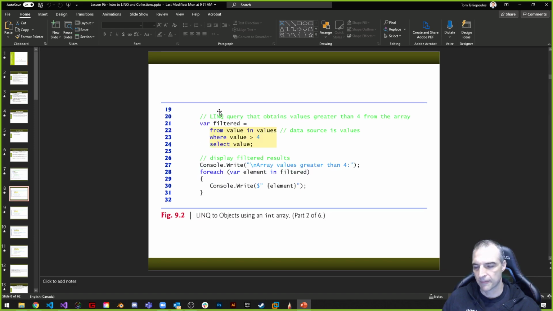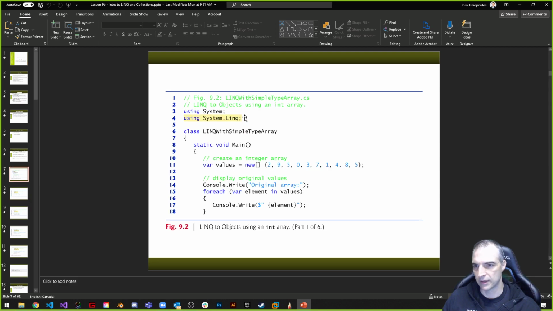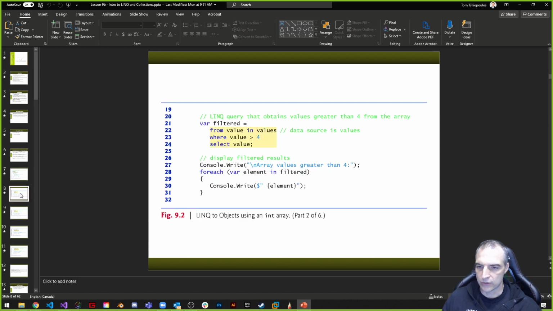We can use LINQ, and by the way, when we go up here, we need to include using System.Linq. But we can use LINQ to do something that looks like this, where we want to filter a list, or an array. We can use a few keywords here: from, where, and select, similar to what we do with SQL when you do databases. So you can say something like from value in values. So for every value in values, where the value that I'm looking for is greater than 4, select that value and then return it and store it inside of this filtered